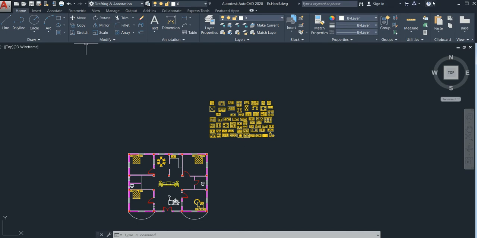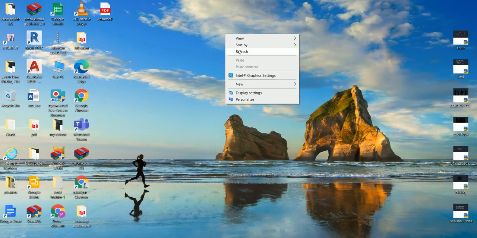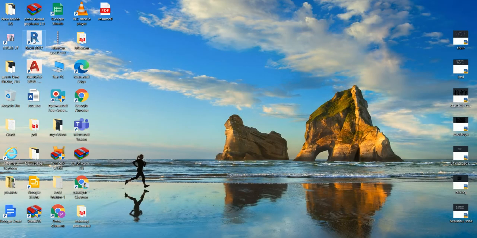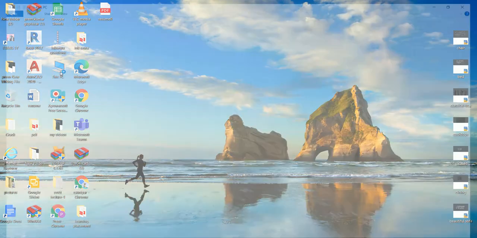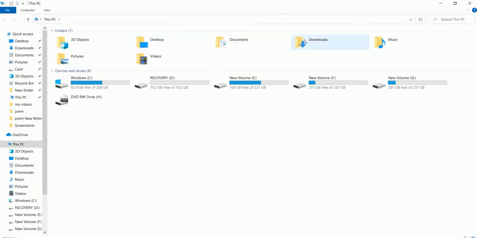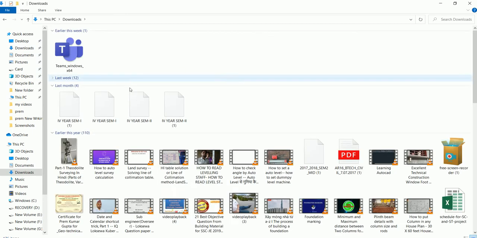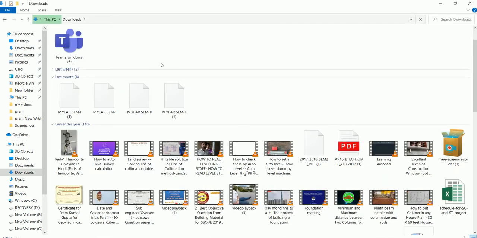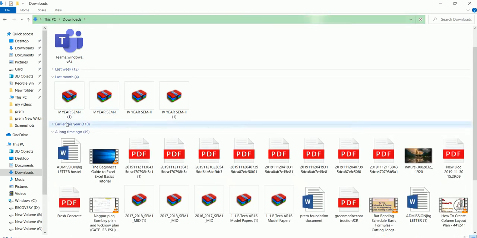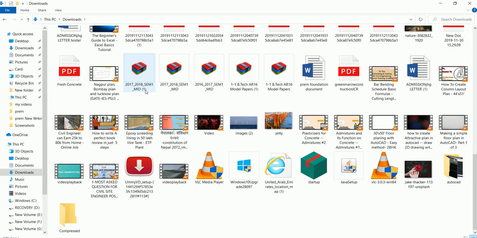If you have downloaded it, your downloaded file will be in Downloads.